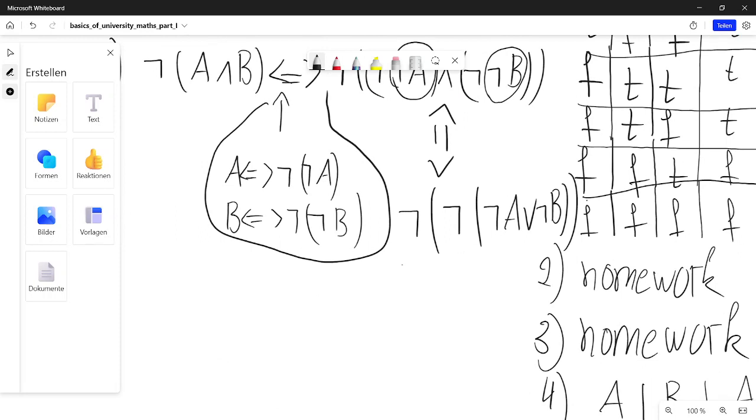But we already know what that is from here, so that is just not A. I mean, this eliminates each other. Not not is known from here, and so that is actually not applied to this. It's not A or not B,